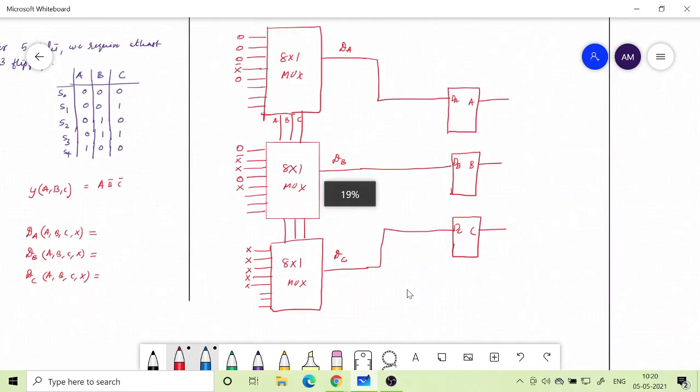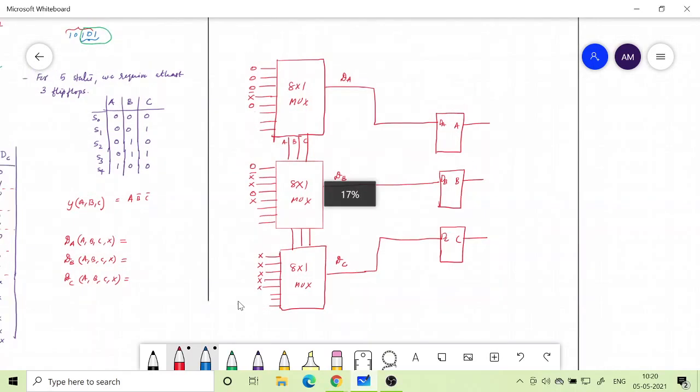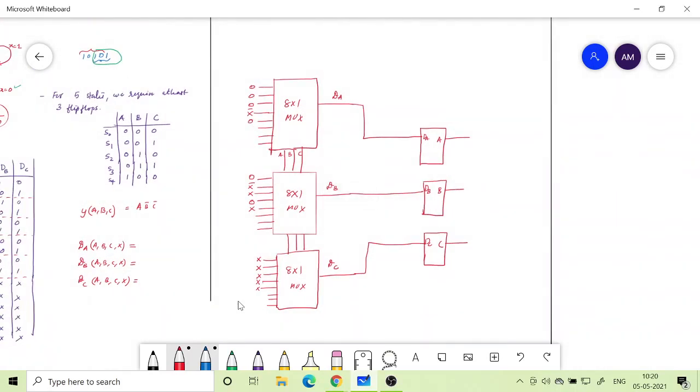So like before, I would like to draw blocks to show, and finally there is one more thing. I have an AND gate with B bar and C bar and then A. So this goes into an AND gate. That is my Y. Okay, so now